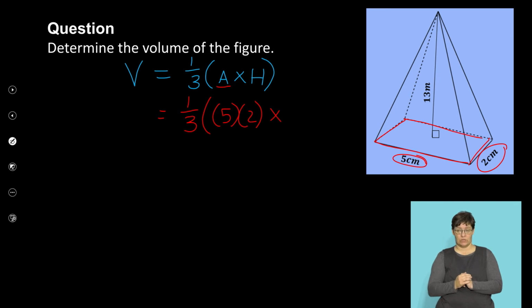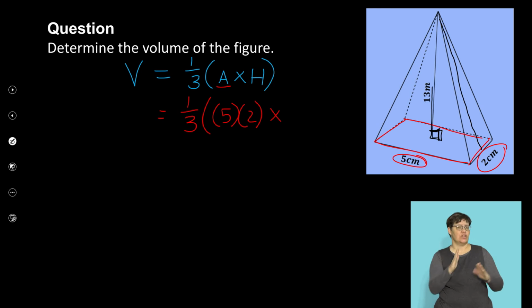We then know that it is going to be multiplied by my perpendicular height. In this case, please note that I actually have been given the perpendicular height. I've been given this right angle. In the next example we're going to do just now, we're going to see what actually happens when you're given the slant height. But because I have been given the perpendicular height, it means I can substitute it straight into my formula. So I'm going to have 1/3 times 5 times 2 multiplied by the perpendicular height of